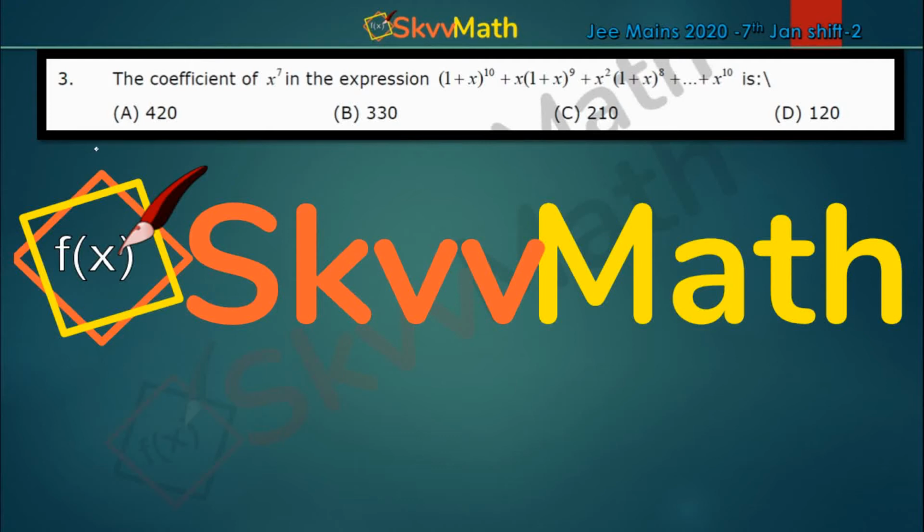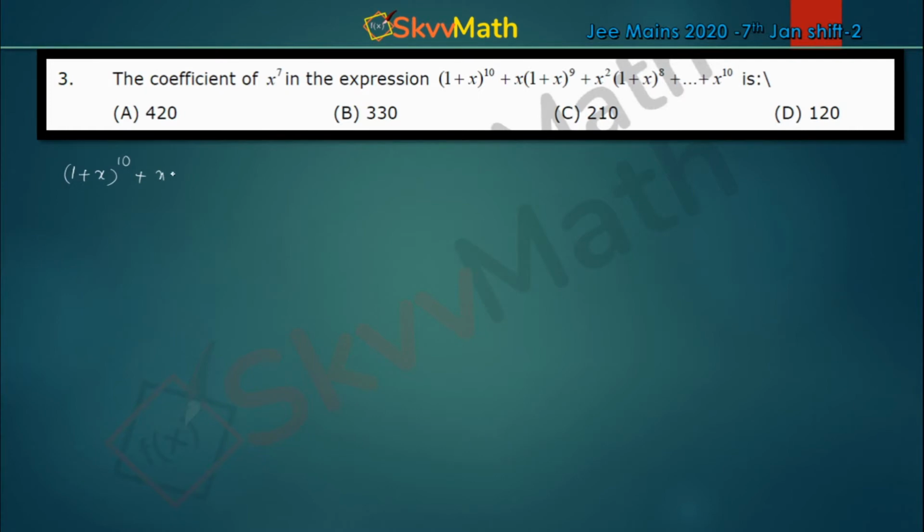Here is a problem from binomial theorem. We have to find out the coefficient of x^7 in the expression. The expression given to us is (1+x)^10 plus x(1+x)^9 plus x^2(1+x)^8,